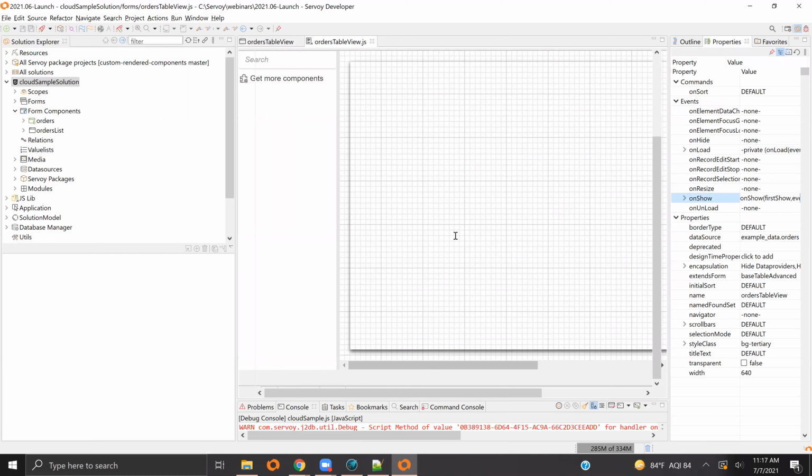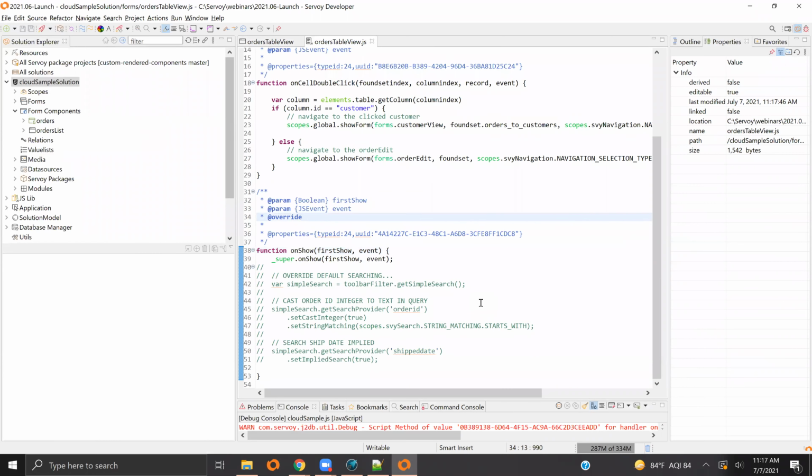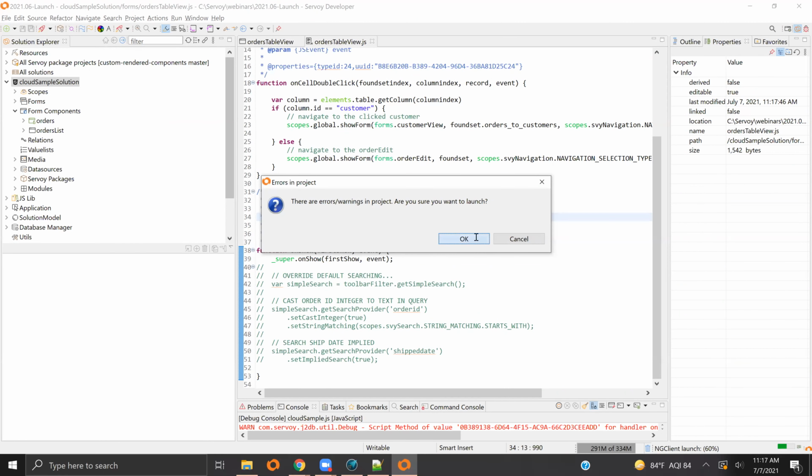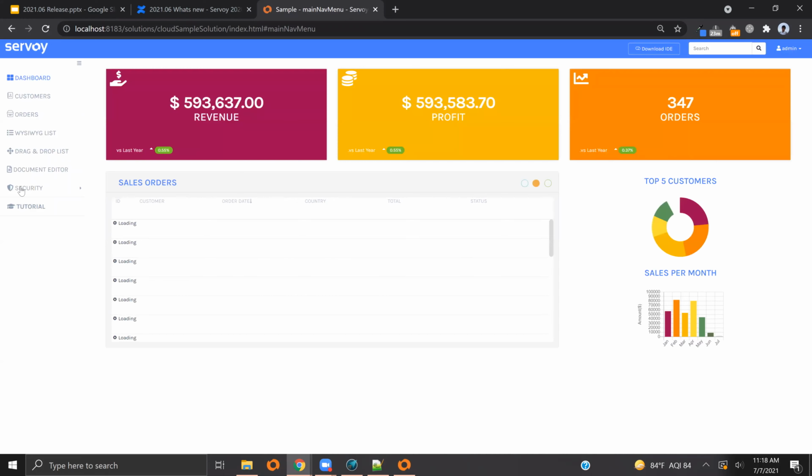So the first time this form shows, I'm setting some stuff here, but let's comment that out. We'll show you the way that it works by default. Okay. So coming back here and looking at the orders,